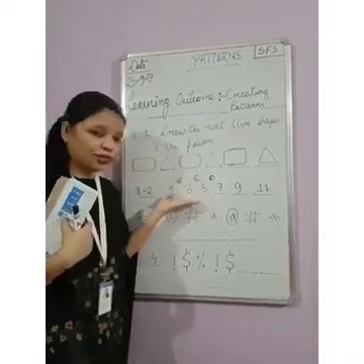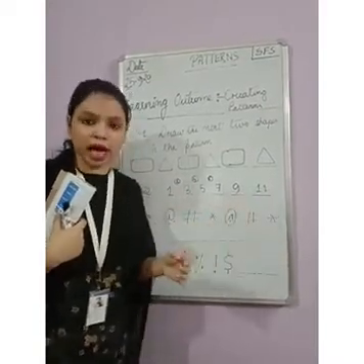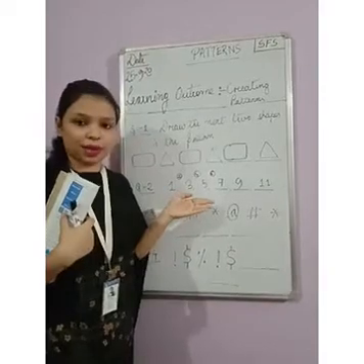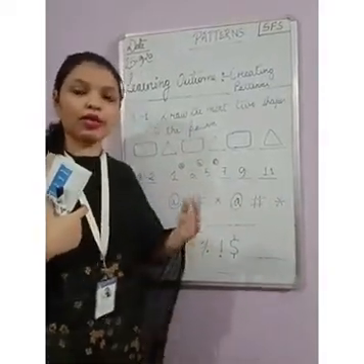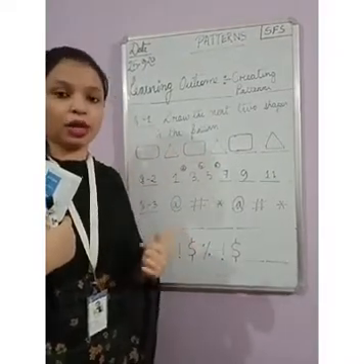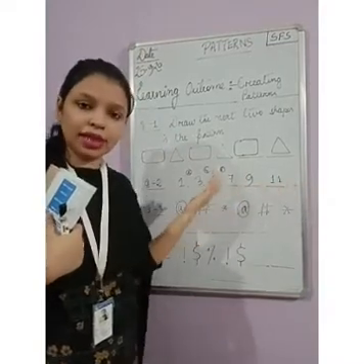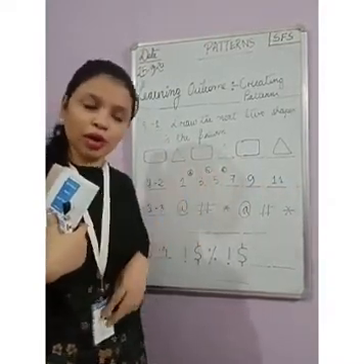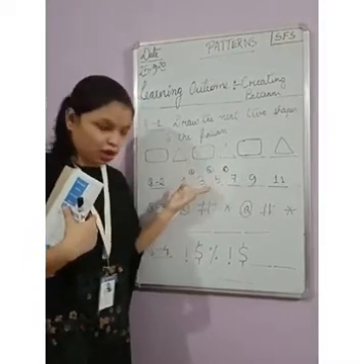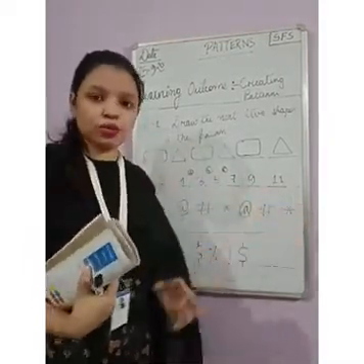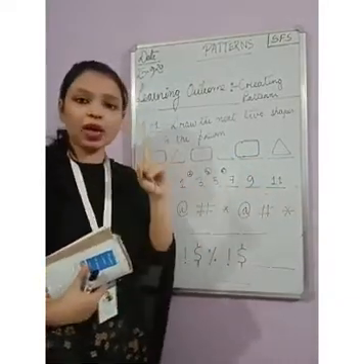If you read the question carefully, then only you can give the correct answer. This is a simple number pattern. Some are complex, or two-digit numbers are given. You have to look at how many numbers are skipped, whether you are writing in the forward order or the numbers are written in reverse or backward form. So you have to look at the order given here, and then only can we continue to create the next pattern. Here it is skipping the number by 1.